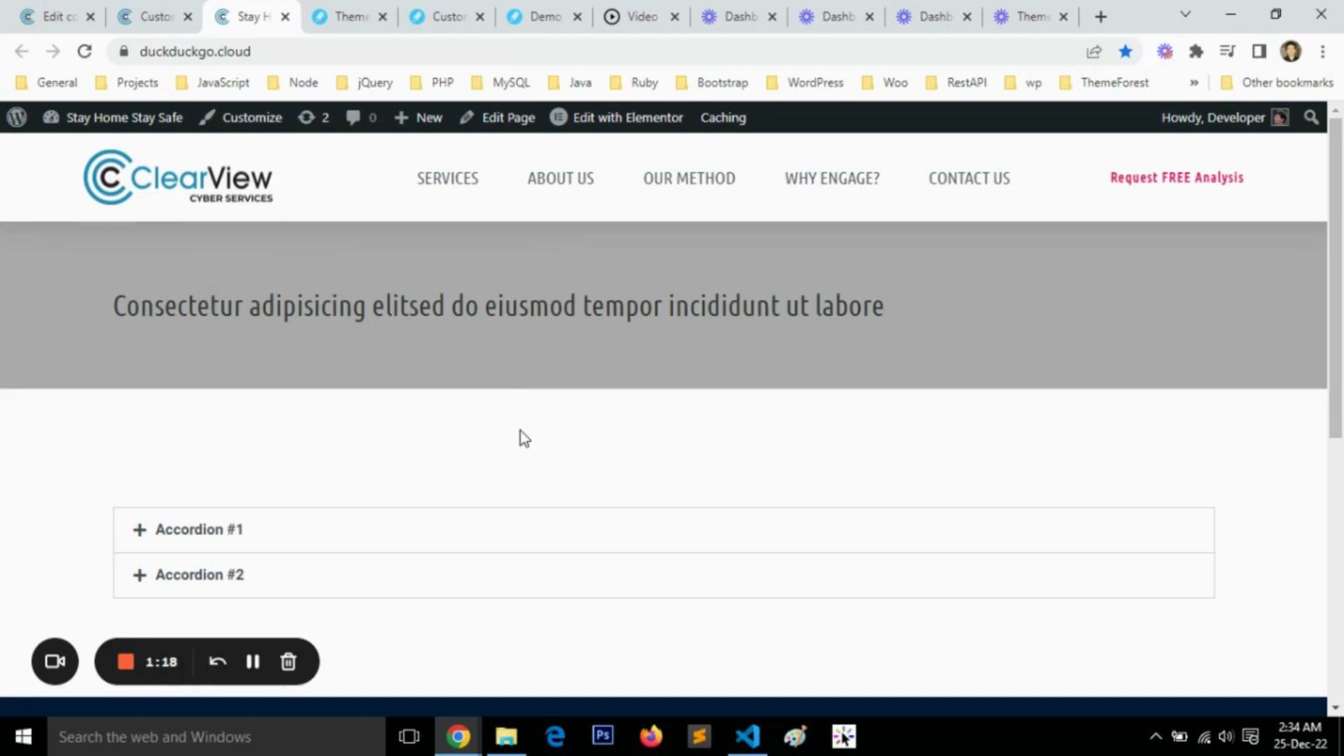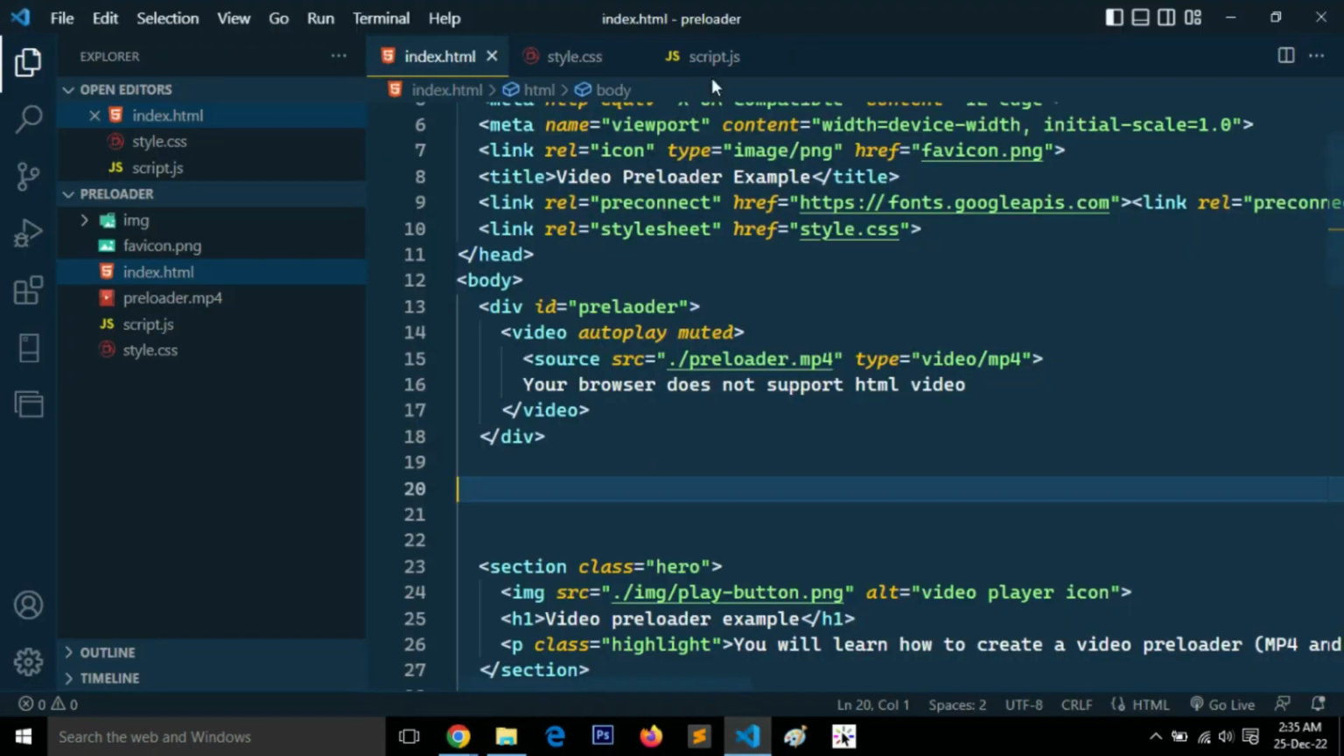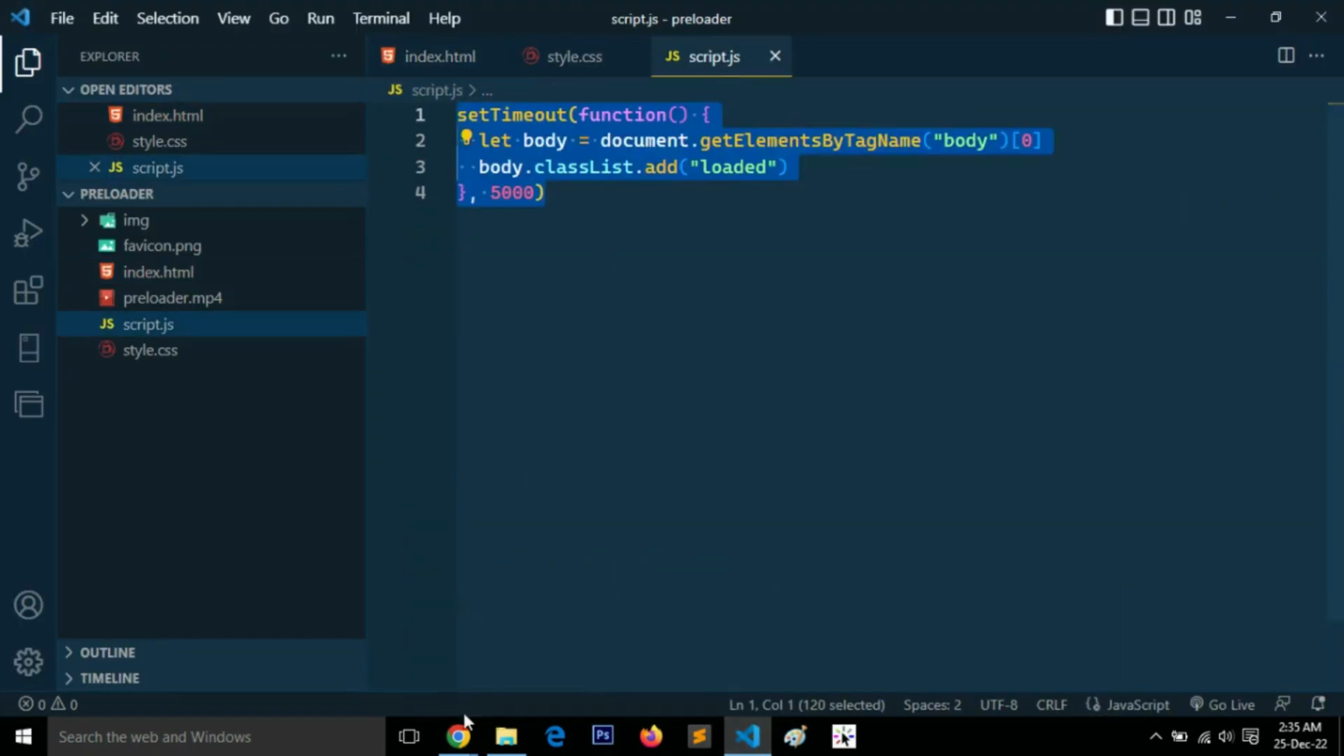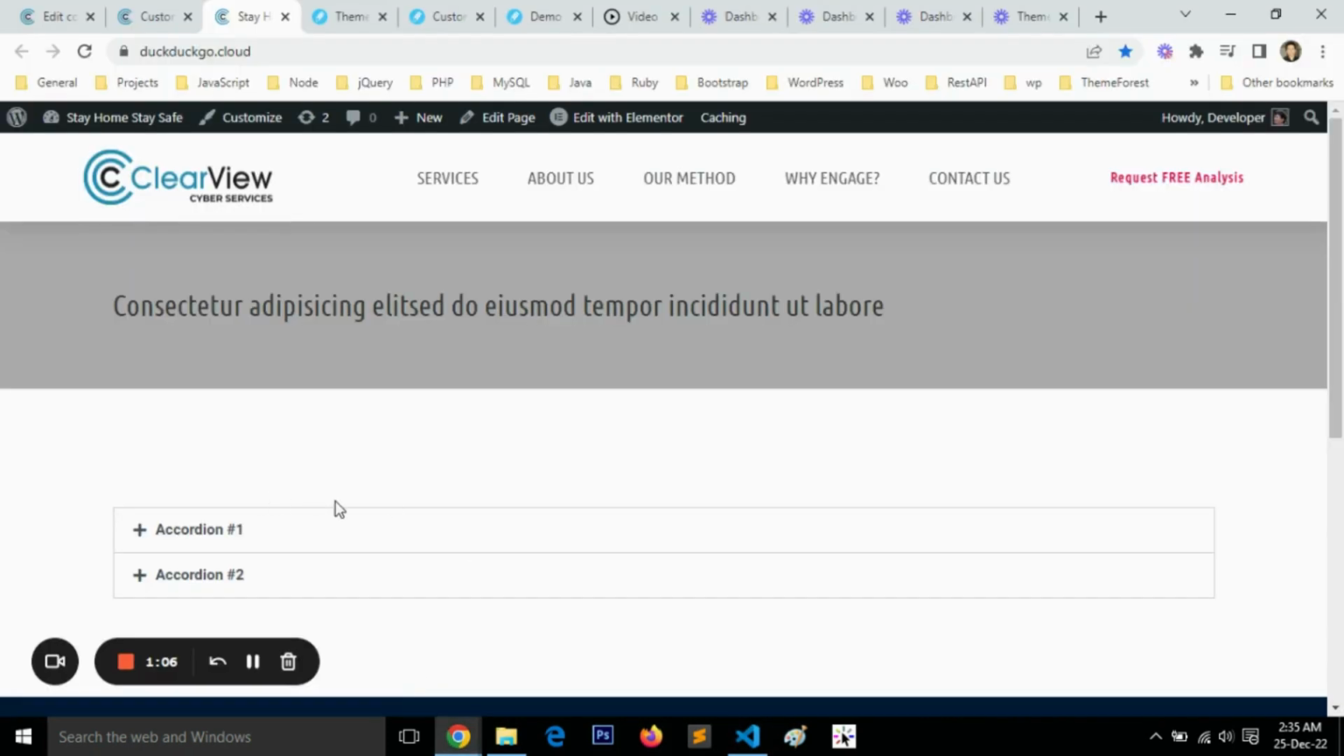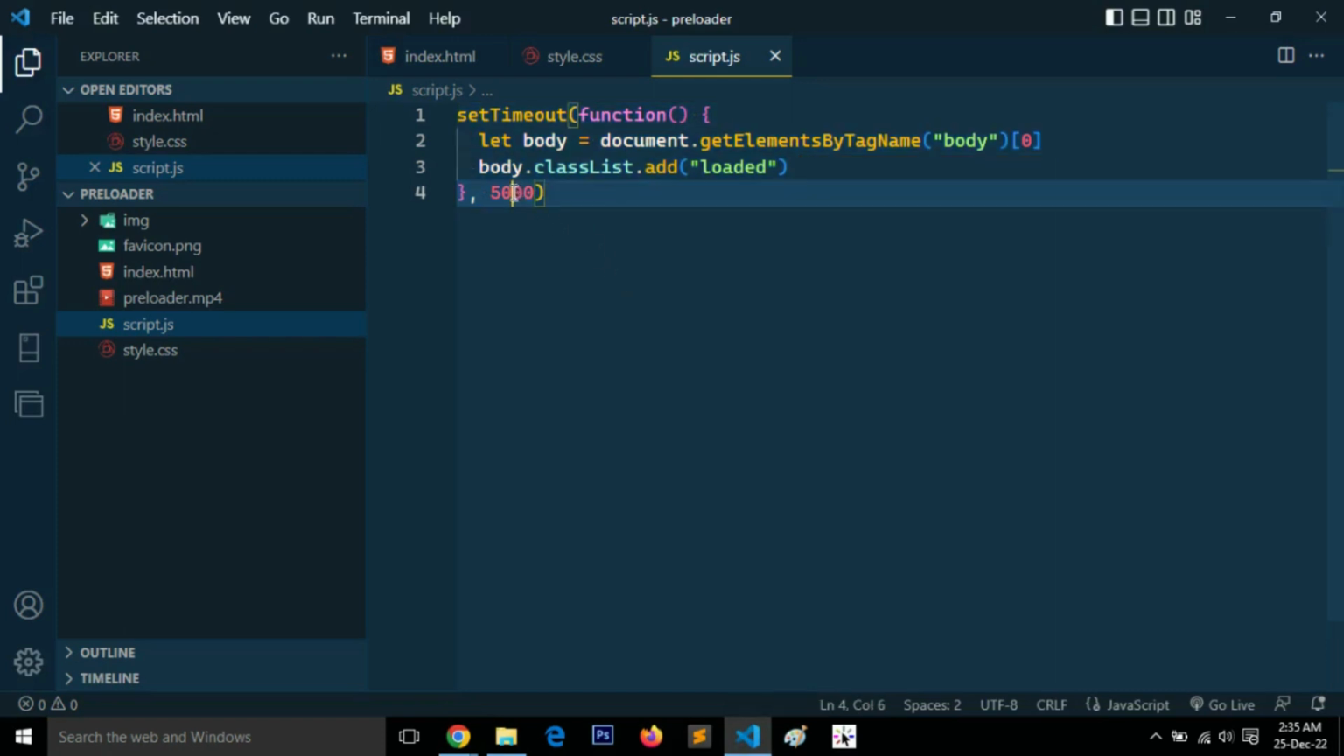The process is ultimately very similar. And now you may be thinking, how to disappear or exit the video preloader after the DOM content element is loaded, or if the page is fully loaded. So here we have hard coded this time, for example 5 seconds, but in some cases you may want